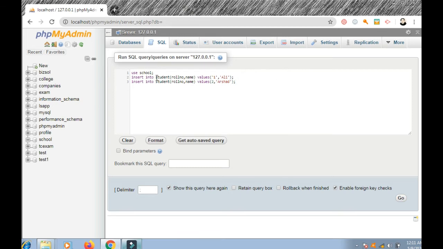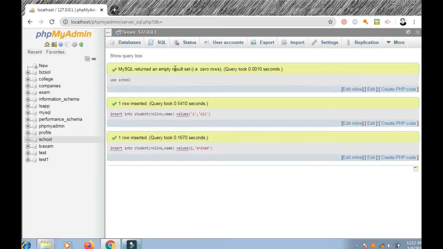Okay, so we have inserted two students records, two rows in the table. What is the table name? Student. Okay, now I press go. Two records have been inserted.